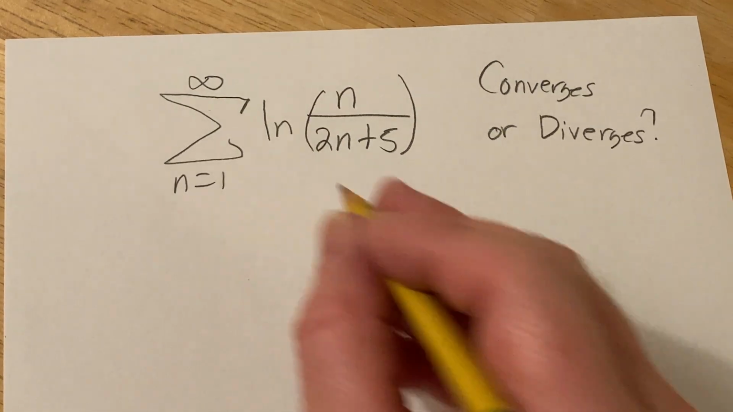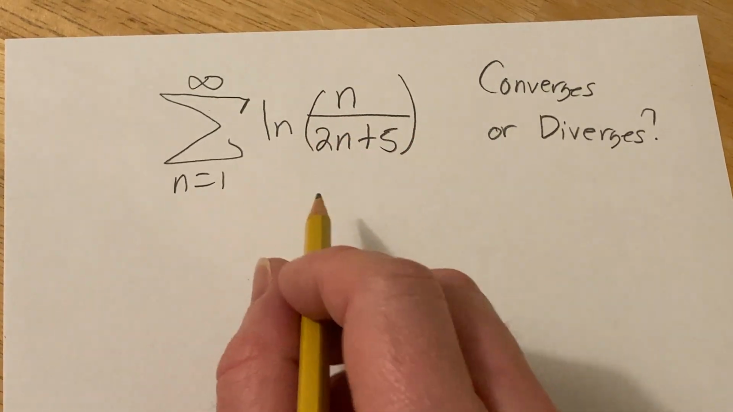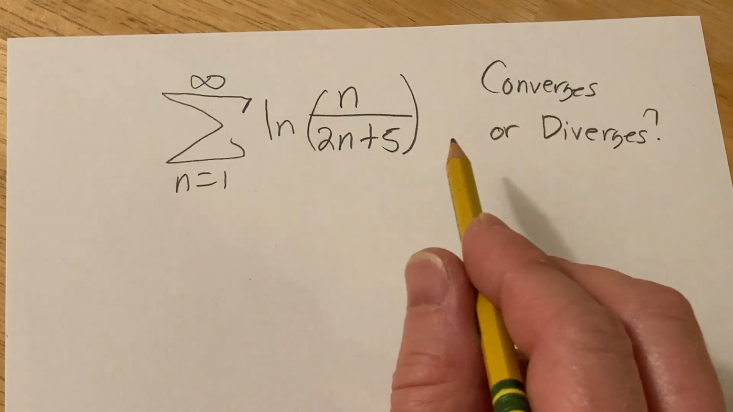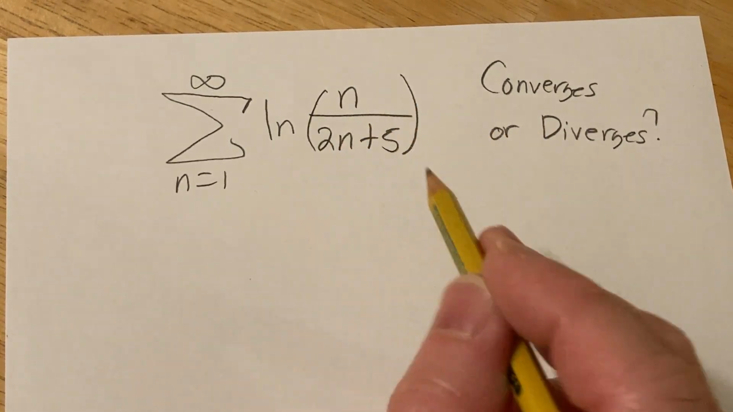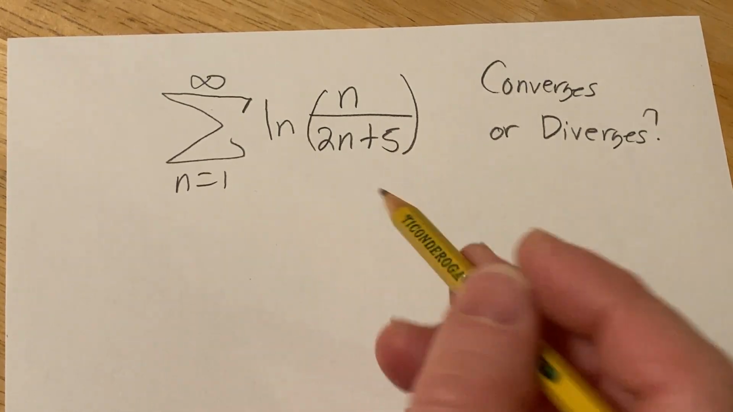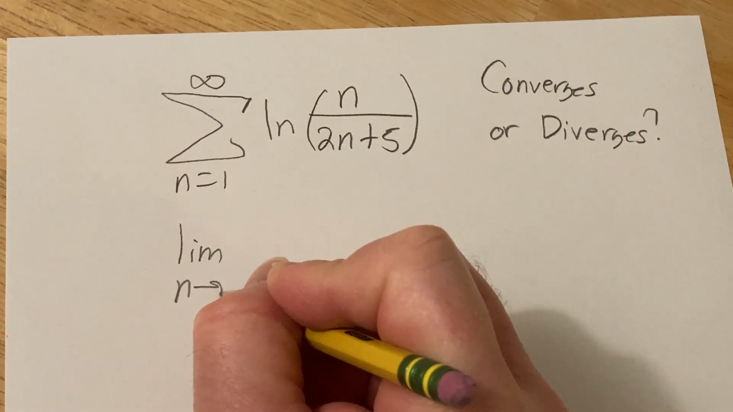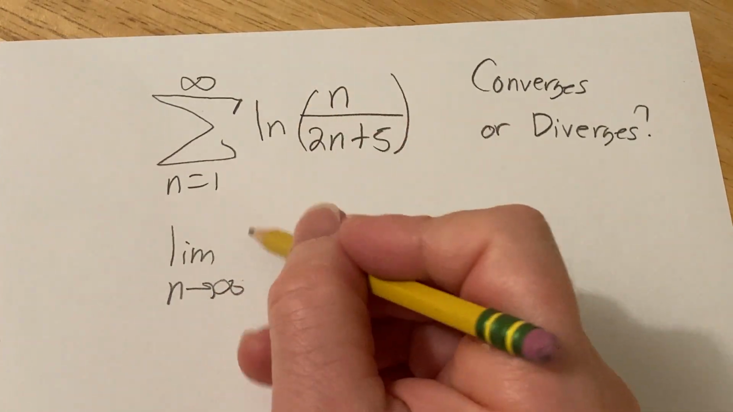Hi, in this video we're going to be looking at this infinite series and we're going to determine if it converges or diverges. So this is going to diverge, and I can tell you that right away because if you take the limit as n goes to infinity of this piece here,